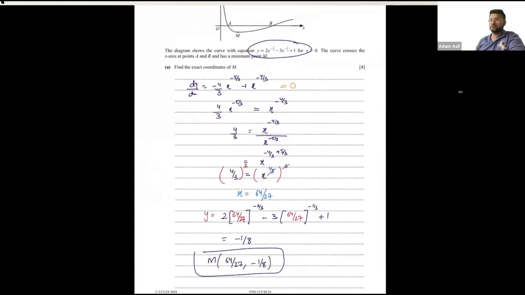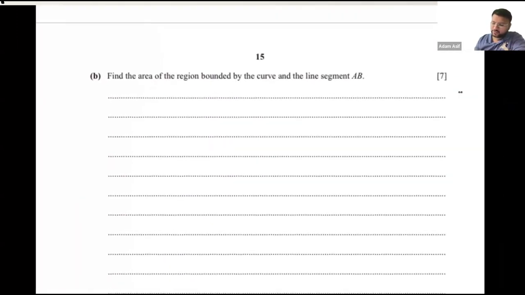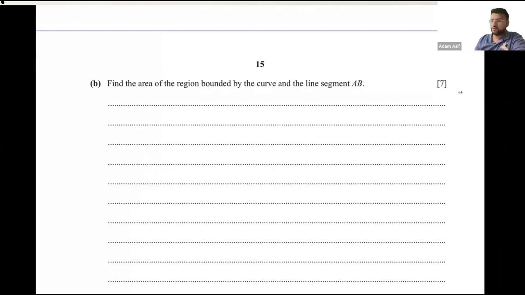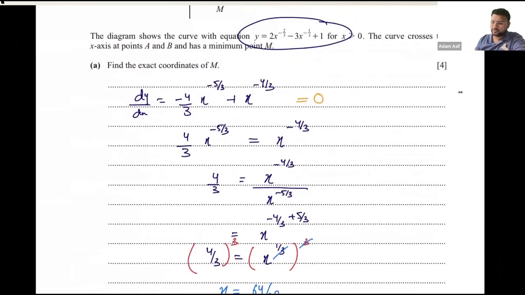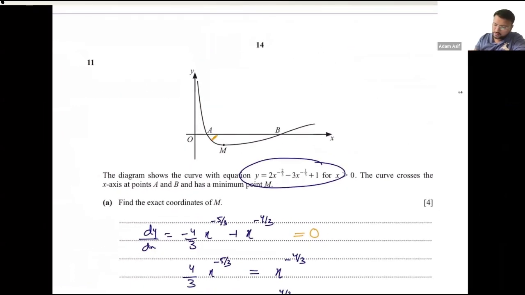समझ में आ गया अब्दुल्ला? ओके, सेकंड पार्ट में find the area of the region bounded between the curve and the line segment AB. कौन से रीजन की बात हो रही है अब्दुल्ला? Between the curve and the line segment AB, ठीक है। तो ये वो रीजन है जिसका एरिया निकालना है।